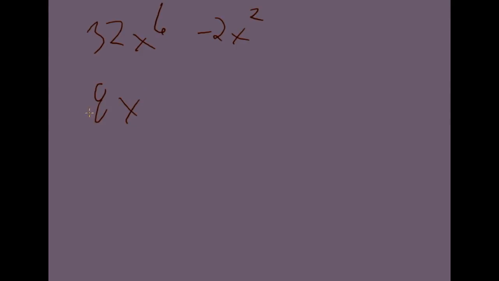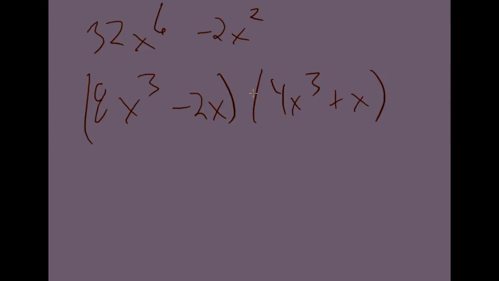8. So we can do 8x. Well, let's do 8x to the third. It's 4x to the third. Now negative 2, factors of those 2 and 1, right? So those whole number factors. And so let's just do a minus 2x and then a plus x. Okay? And let's just see if this works. And I don't think it's going to work, but let's see. So this would be 32x to the 6, which is right. And this would be,